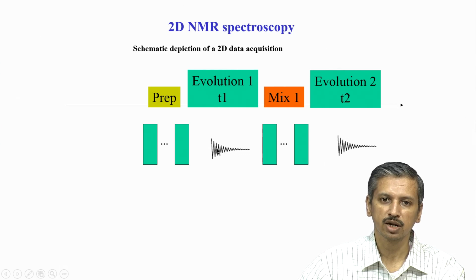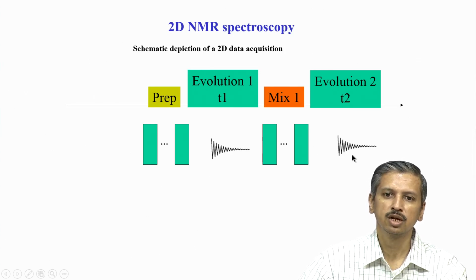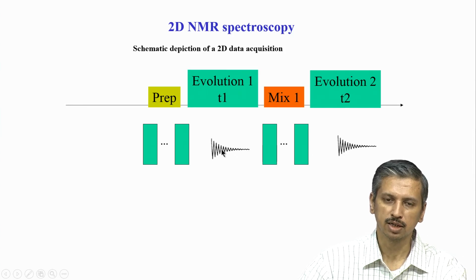because of this constraint: every point you acquire here, you have to repeat the whole cycle again, increment it with another point, and repeat the entire cycle. You can't finish this fully and immediately go to that; you have to do this step by step, but the detection can be done continuously. So, this is the technical problem, and therefore it is cut down, and then some other techniques are used to recover whatever signal is cut down. The resolution is affected by this problem. Remember, in NMR, if you allow the signal to completely go to 0 and you get the full FID, your resolution is very good, you get the best resolution.